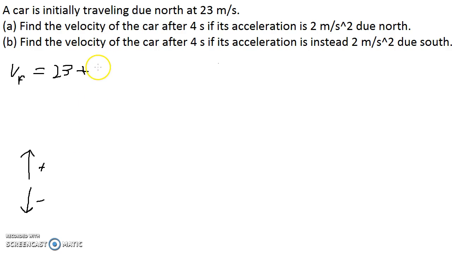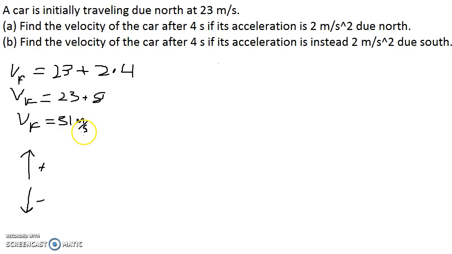North is positive, so it's going to be positive 2 multiplied by time, which is 4 seconds. So let's just simplify this out, and we have 23 plus 8. And finally, we're going to come out to the final velocity is 31